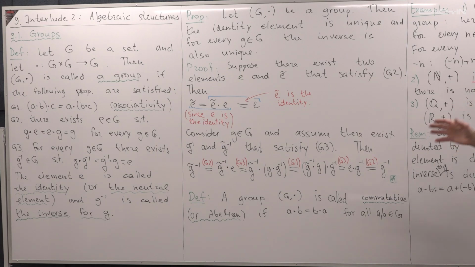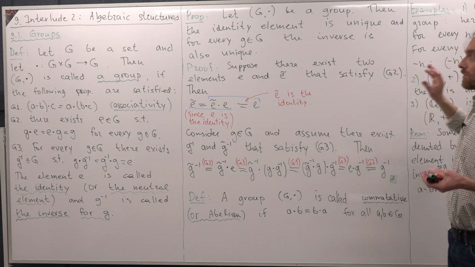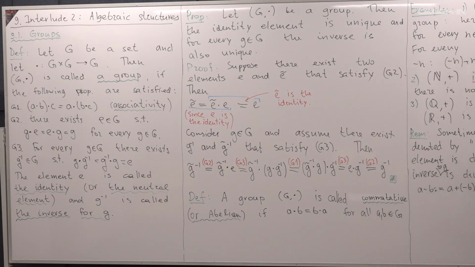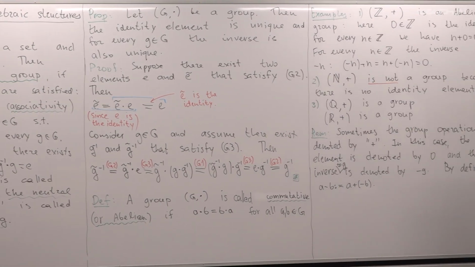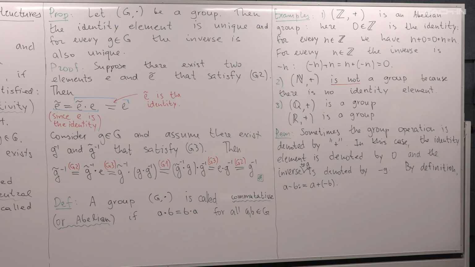So we prove some theorem for all groups, and then we can use these results for some particular group. So it could be a group of integers or any other group. Okay,